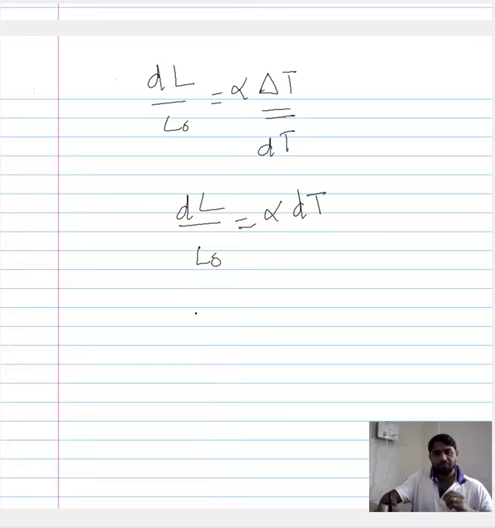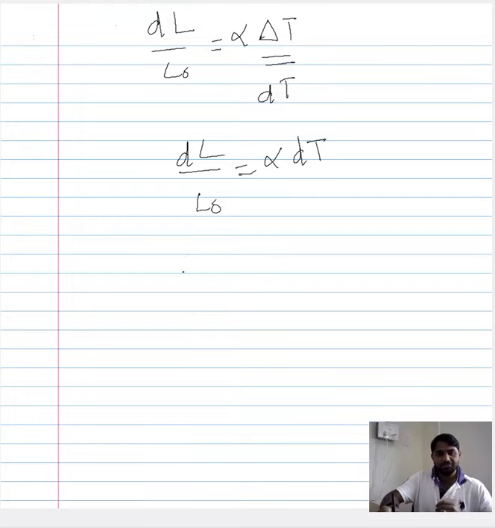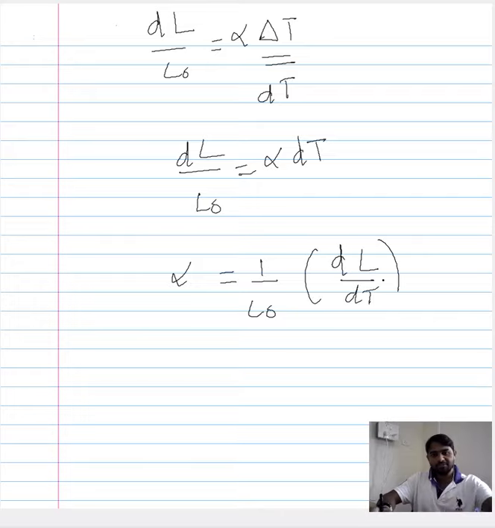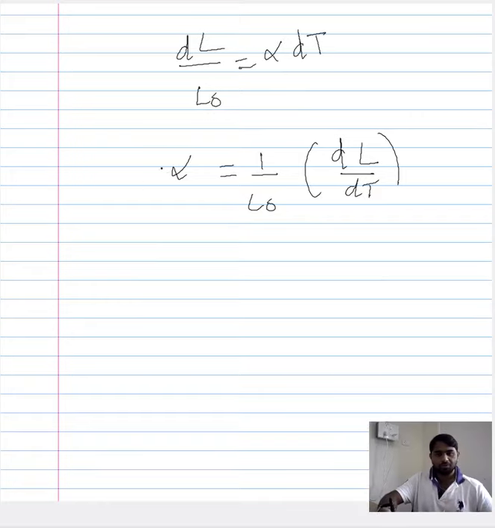Now this coefficient of thermal expansion, based on the relation, can be expressed as 1 by L naught times dL by dT. So what we have done is express the coefficient of thermal expansion as the change in the length with respect to that of the temperature and bring the constant out. Now using our understanding of multivariable calculus, fret not, you can just look into the expression I'm about to write, and then you can get a fair understanding of what I'm doing here. So this can be written as